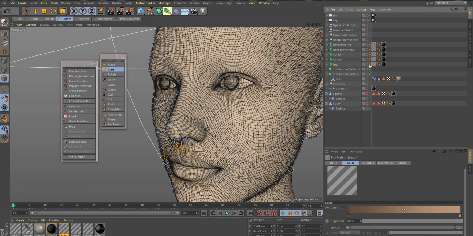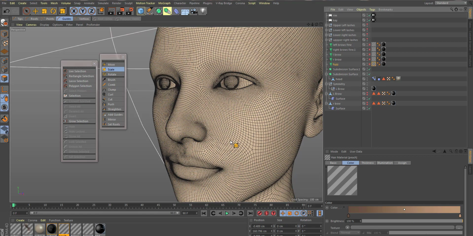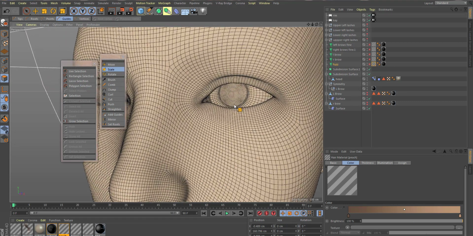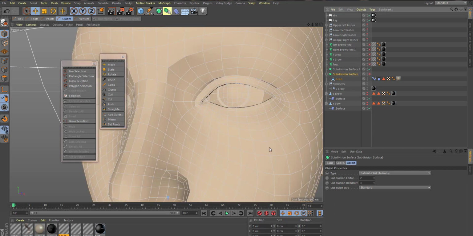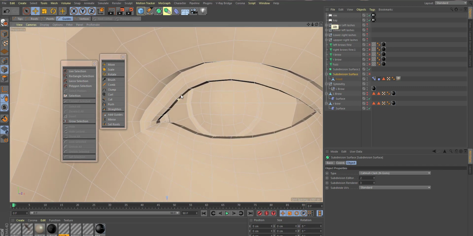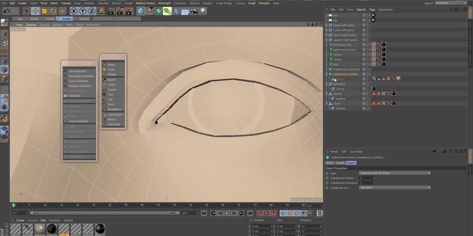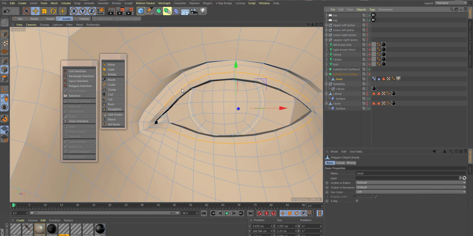So now the peach fuzz is covered, I'm going to turn this off. We're going to be looking at how you do the lashes. So to create the lashes, we want to make sure that the geometry in question isn't in a subdivision surface tag, or you turn it off at least. We then want to select the edge loop in which the lashes should grow from, and I estimate that it should be this one here. As you can see, I've already got it selected. All you do is double click and it should select the loop, and then control click to deselect